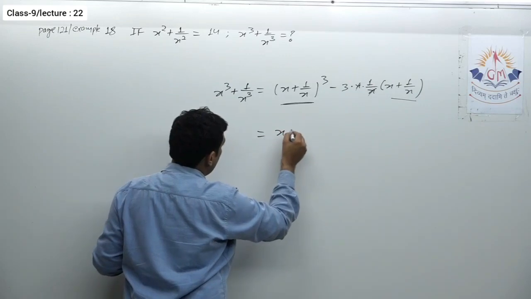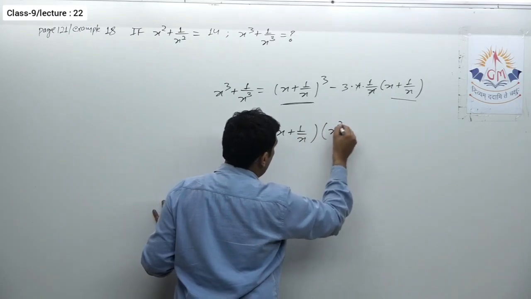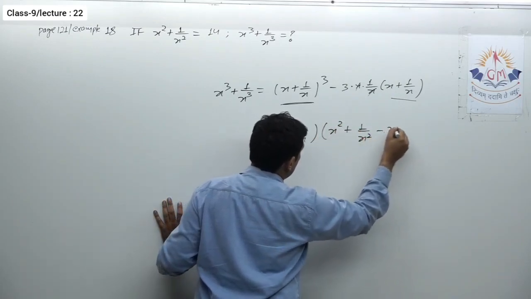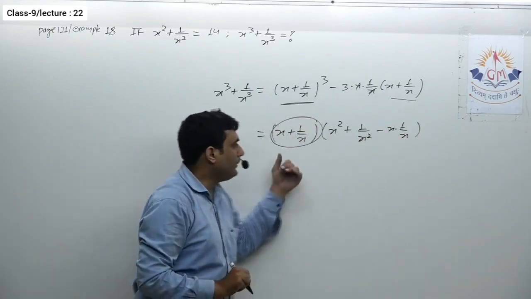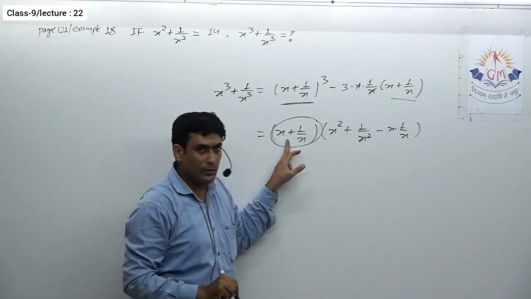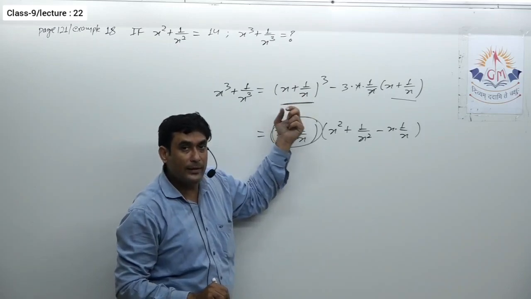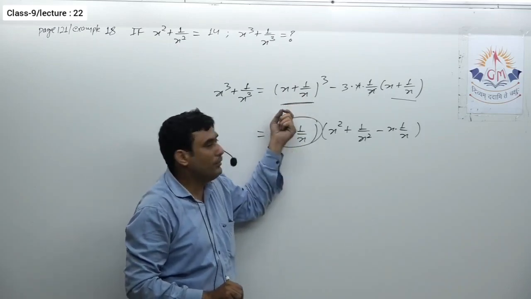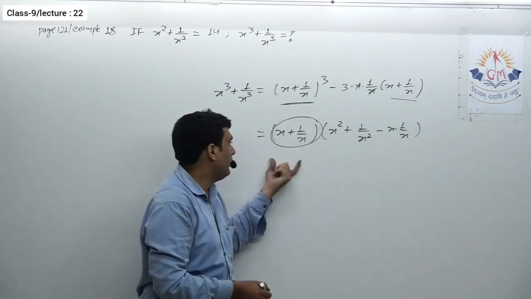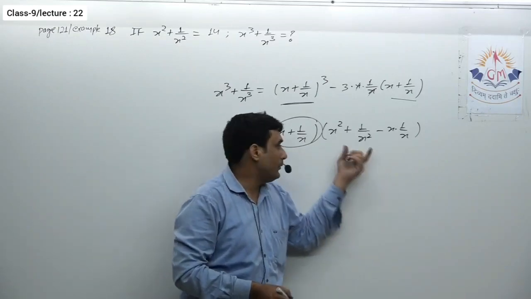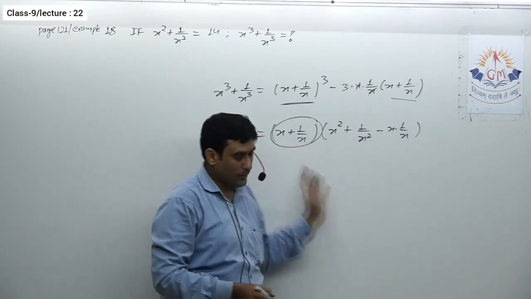Now, if you use the second identity over here, you find that x plus 1 upon x is required. x square plus 1 upon x square is given. So again we need this. Ultimately we need this value. Whatever value we get of x plus 1 upon x, we have to make its cube. That might be a little bit complicated. Suppose the value is 23, 29, 27. We do not remember the cubes of such big numbers. So it is advised to go with this method, because this is already given. This will cancel out, so we only have to bother about x plus 1 upon x.